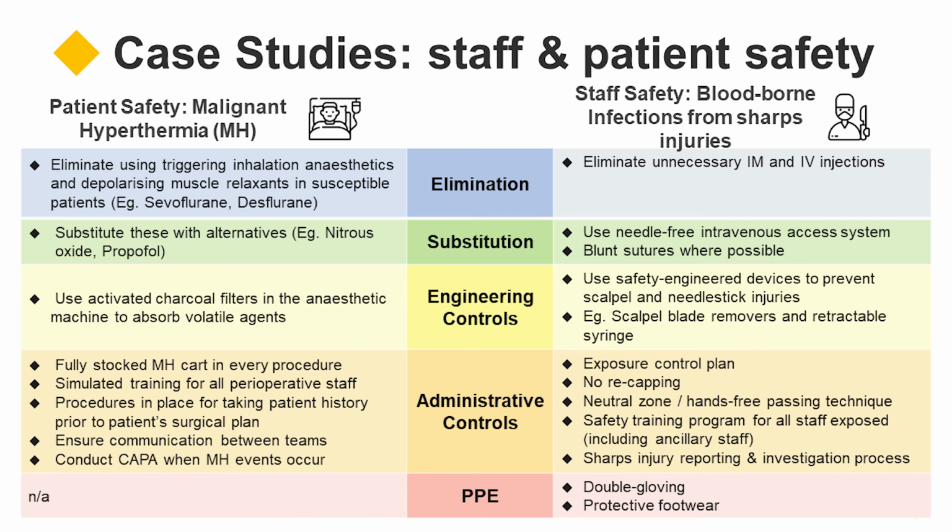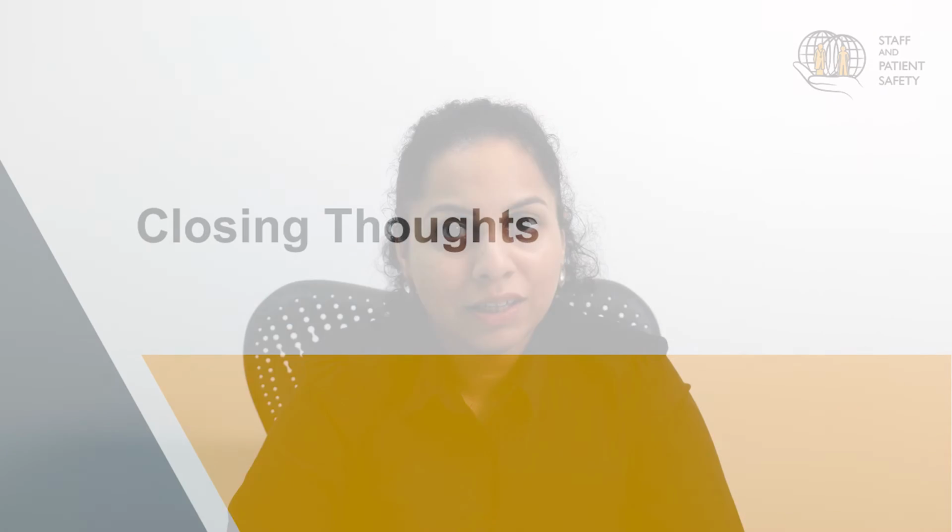The next step is administrative controls. Examples of administrative controls include having an exposure control plan, standardizing compliance with safe work practices, and ensuring staff are adequately trained in safe work practices. PPE is the last level of control, and some examples of this level of control for bloodborne infections include double gloving and protective footwear. I would like to end today's session with a review of common errors that can occur